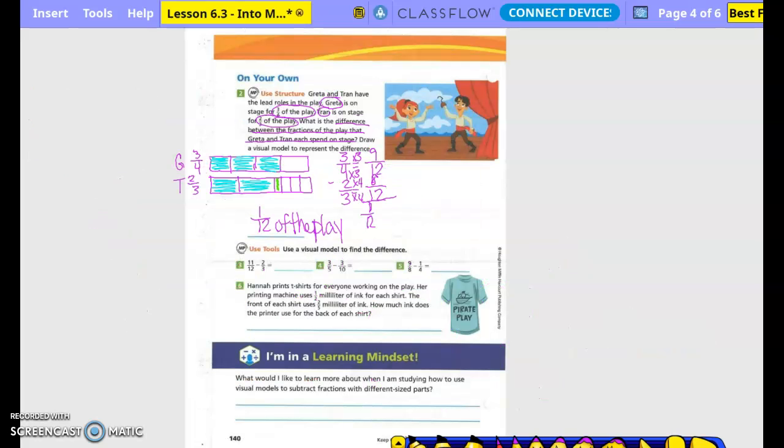On your own, use structure. Greta and Tran have the lead roles in the play. Greta is on stage for 3/4 of the play. Tran is on stage for 2/3 of the play. What is the difference between the fractions of the play that Greta and Tran each spend on stage? Draw a visual model to represent the difference. So we did Greta with 3/4, we did Tran with 2/3. We found from our picture that 3/4 was larger than 2/3, so